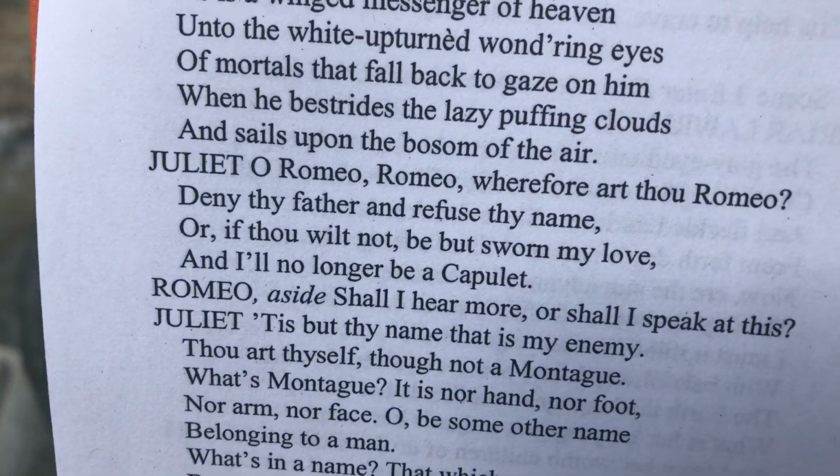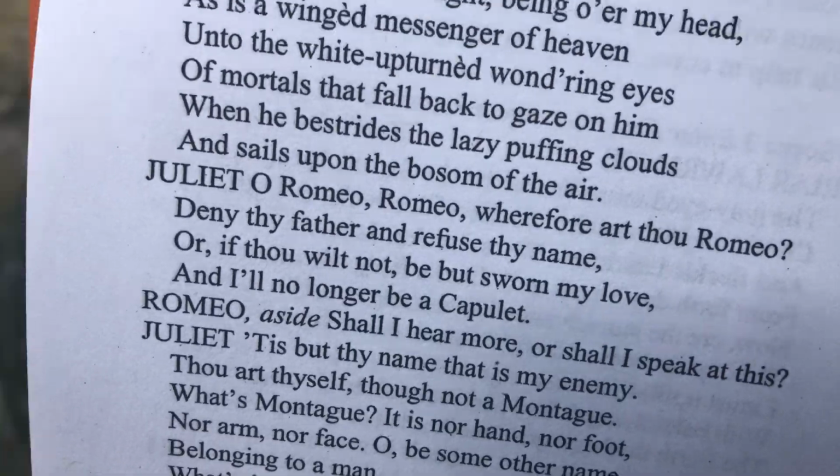Juliet begins. So Juliet, he's down below and she's up above. She doesn't know he's there yet. So she's essentially talking to herself about Romeo, but Romeo is overhearing her. And here we've got these famous lines: "Romeo, Romeo, wherefore art thou Romeo?" Now here I have to stop and do a big thing. It's not that big actually, but it's funny. Shakespeare has lines that are so famous that everybody knows them. "To be or not to be." "Alas, poor Yorick, I knew him, Horatio." "Double, double, toil and trouble." People don't always know what they mean, but they've heard them before because Shakespeare is quite famous.